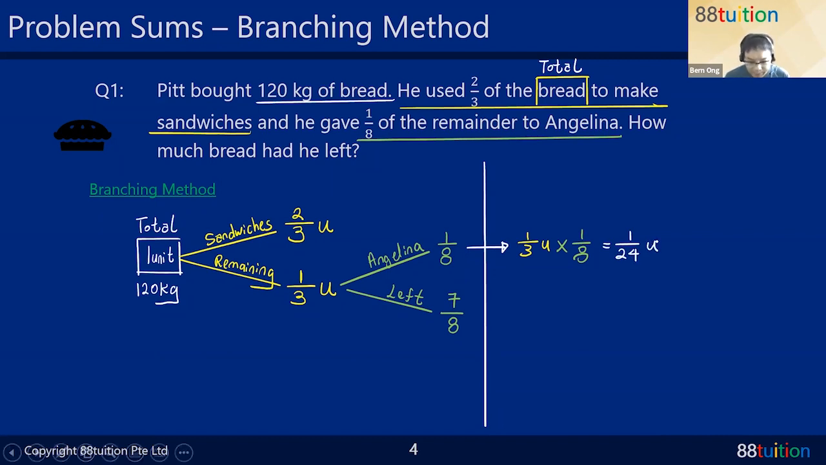How about the remainder? How about the left line now here? Left? No problem. The 7/8 is from the 1/3. The 7/8 is from the 1/3. So how to bring them up to the same level? Simply take 1/3 unit